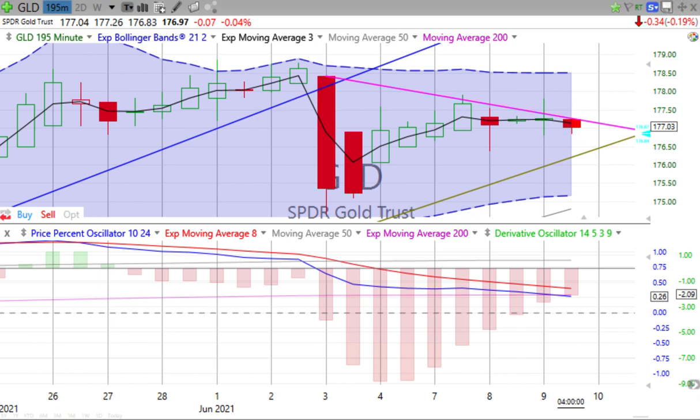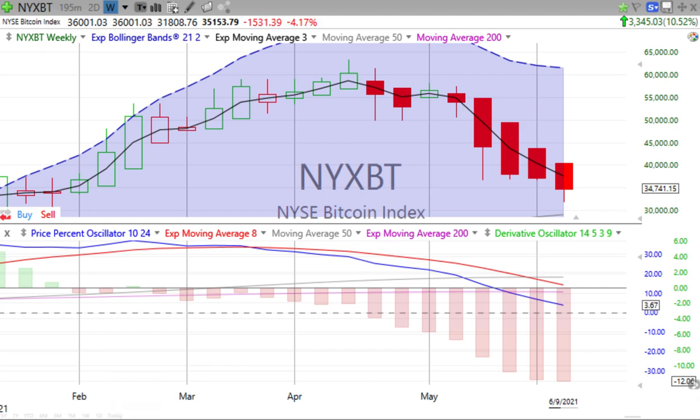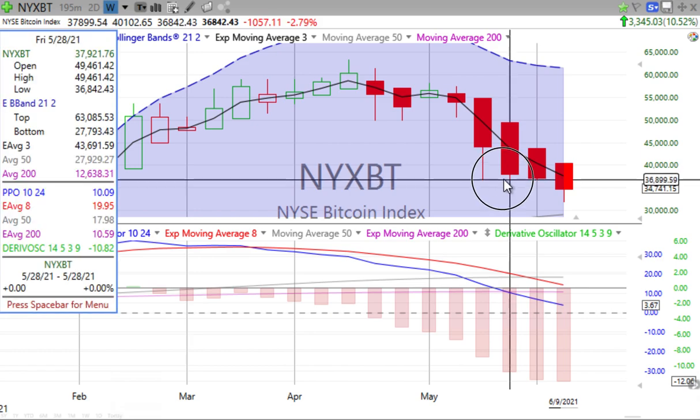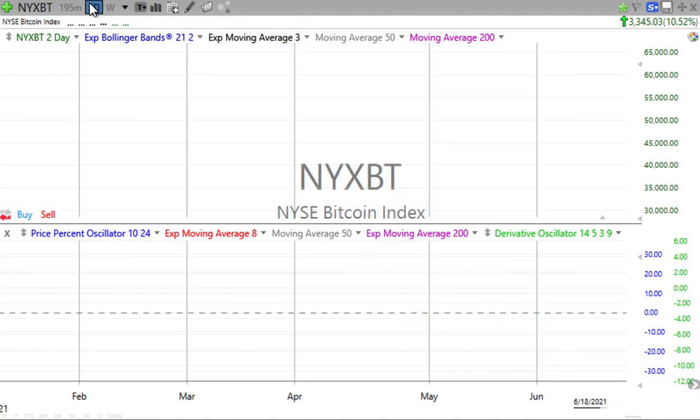So let's move on lastly to Bitcoin. What do we see happening with Bitcoin? Bouncing back a little bit. 10.52% up for the day after that pounding it took yesterday. Again, we can see where things maybe had floored and then, of course, rolled over down quite a bit. Price percent oscillator, derivative oscillator heading down on the